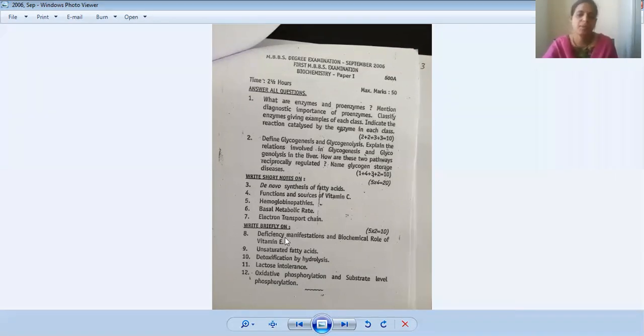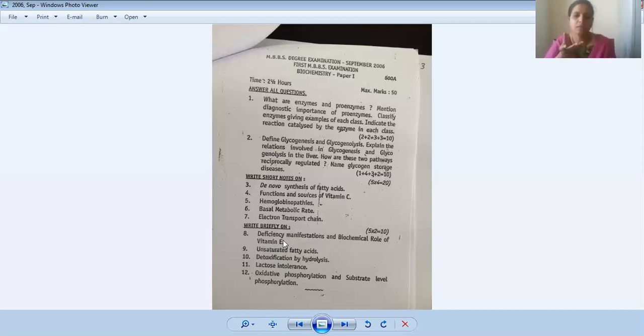Infertility pattern. Vitamin A is very important for the normal oogenesis and spermatogenesis mechanisms. Because of vitamin A deficiency, ovum production will be impaired and sperm count will be impaired, because of which the couple may suffer from infertility. So vitamin E is very important for fertility and reproduction. That's why it's called the anti-fertility vitamin, vitamin E.